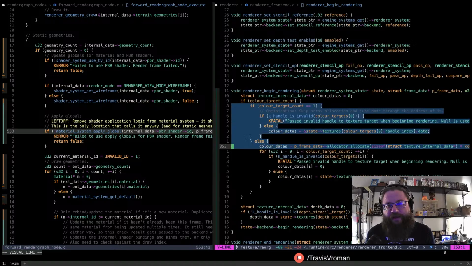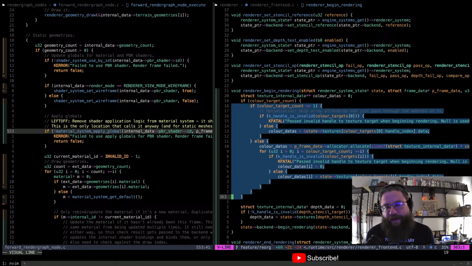If we have more than one of those, then we use our frame data's frame allocator to allocate a new array for those attachments, and we create an array of those attachments and pass them through to the back end.